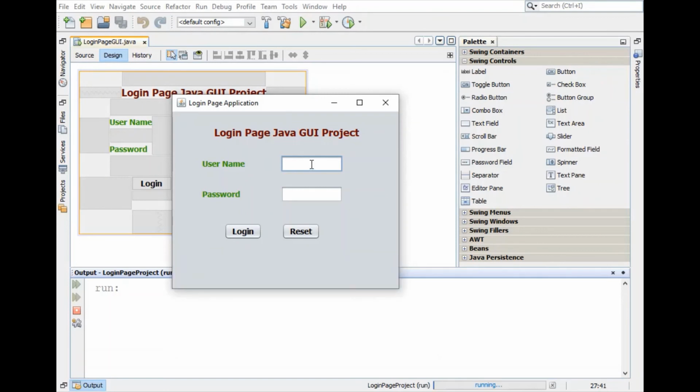So just add admin123 and this is login successful. In case of mismatch, we will get the login failed message.